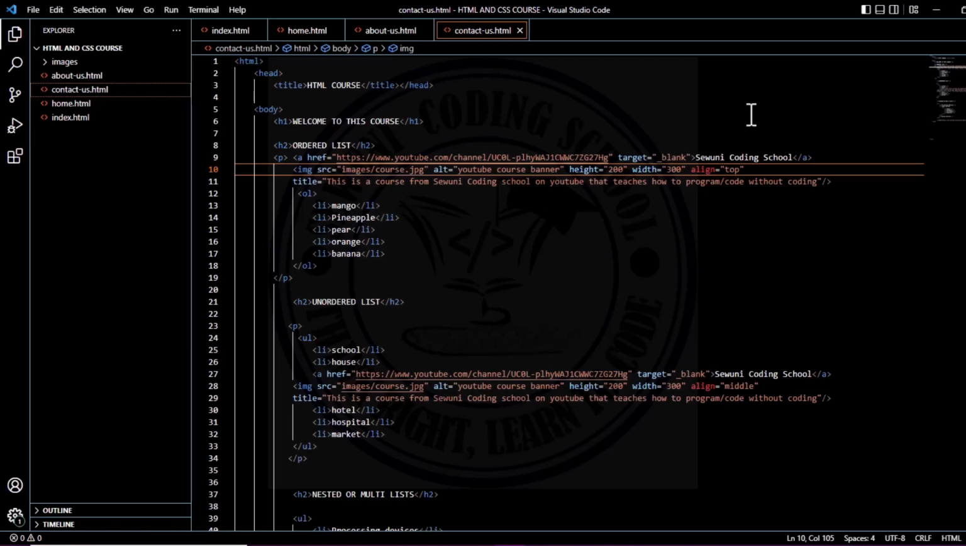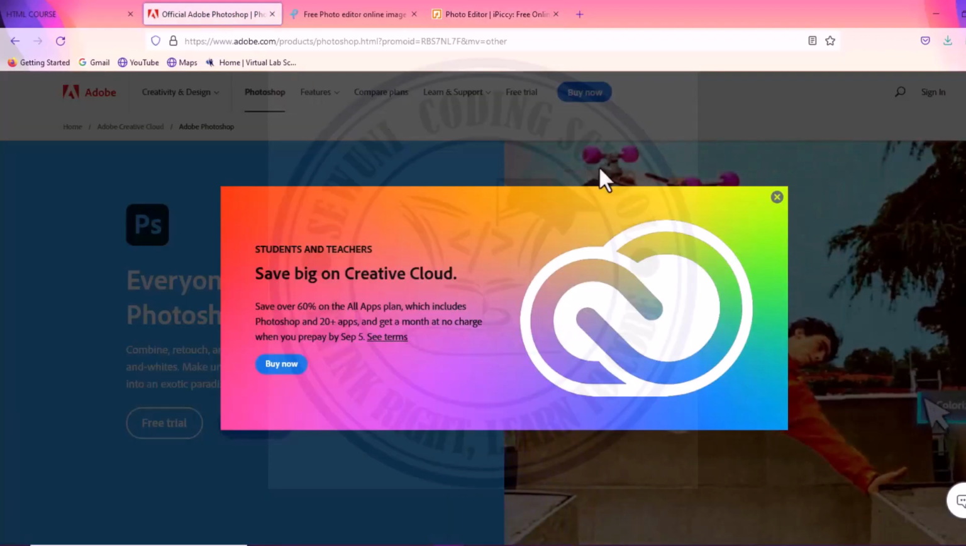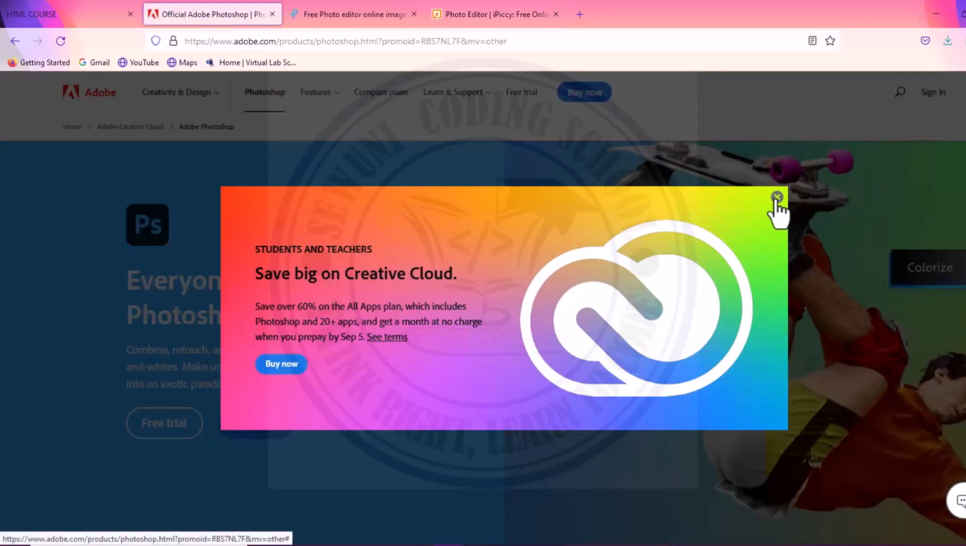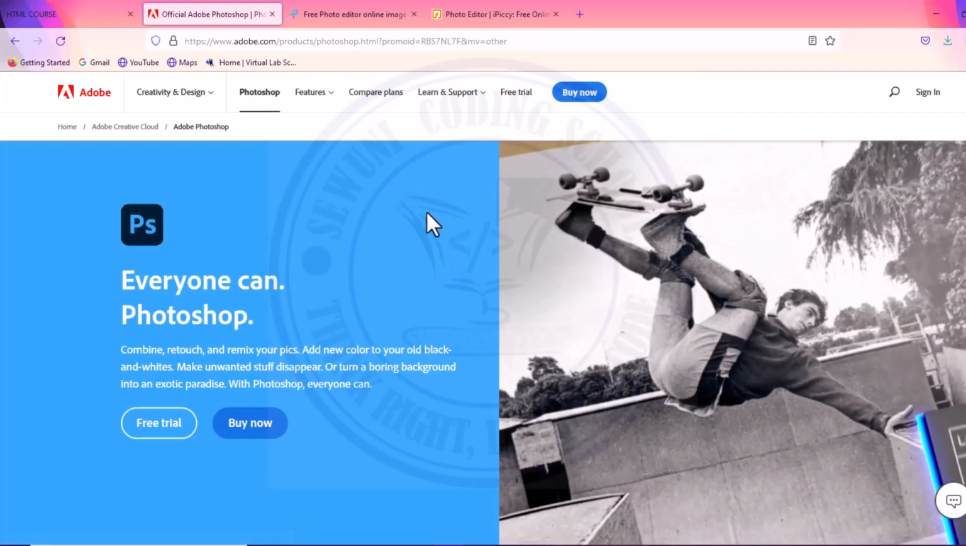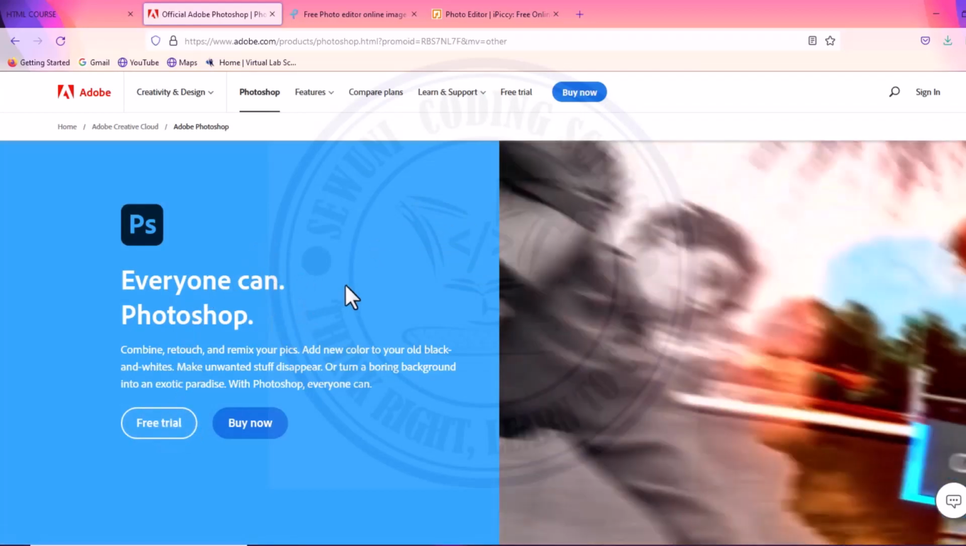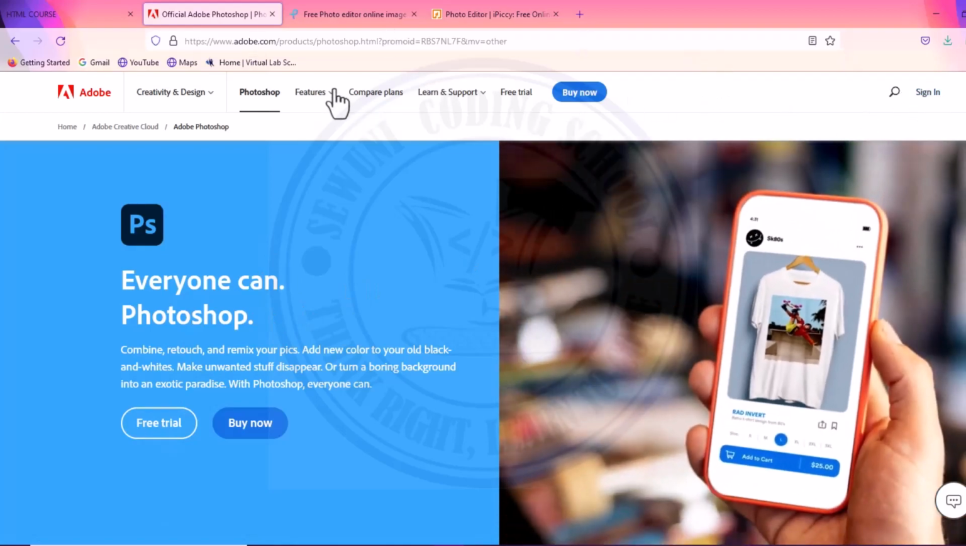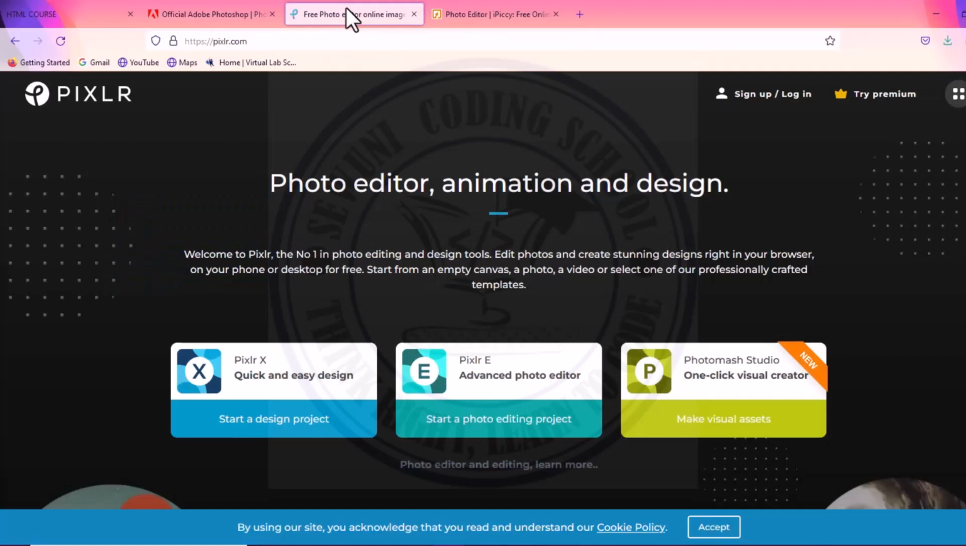Some of the editors you can use in creating images include, but are not limited to, Photoshop. One of the popular ones. You can use the free trial to see how it goes, then you can subscribe to it. And another one is the